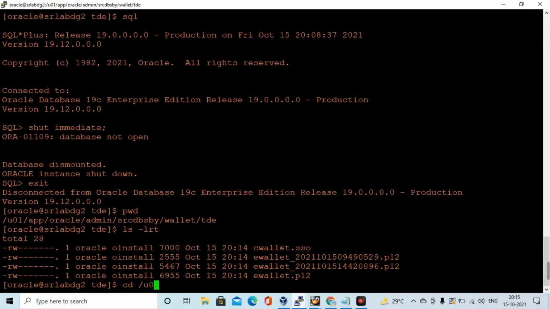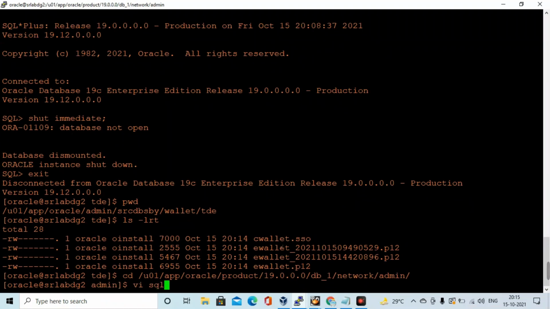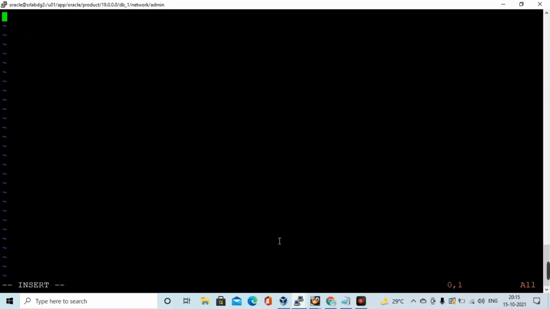Before that, we go to the network admin location on the target side. There is no sqlnet.ora file, so I am creating the sqlnet.ora file on the standby side.